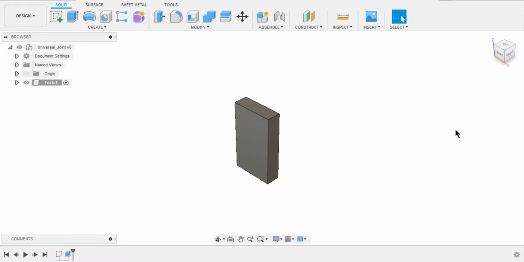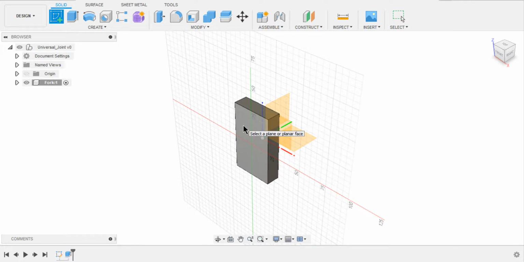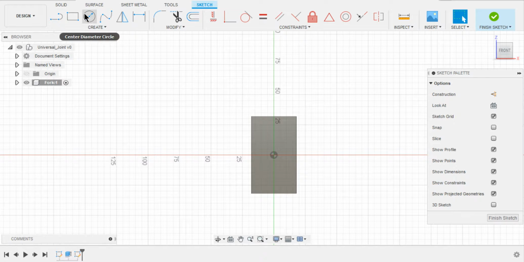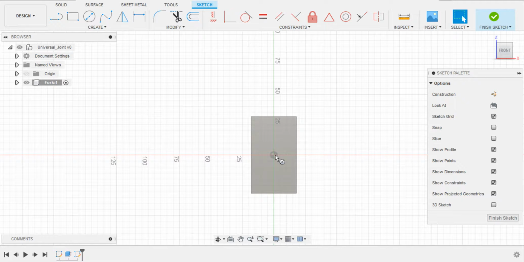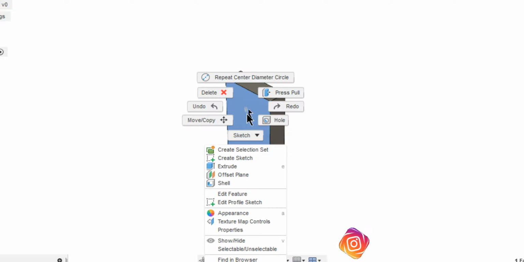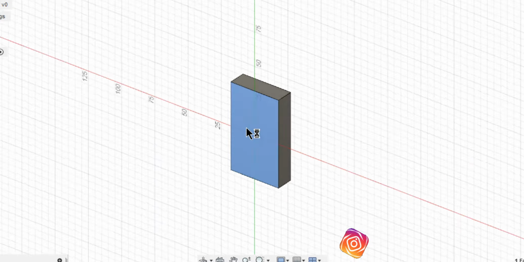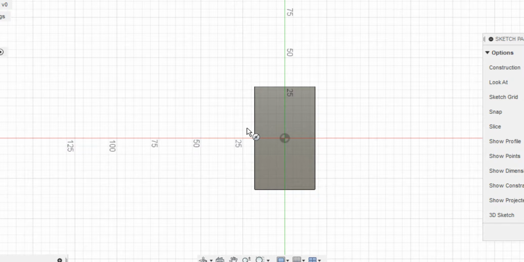Pay attention here. I want to draw a circle on this face. For that, select sketch, then select plane and select circle. That is total 3 steps. In order to do that, total 3 steps it have taken. What if we can perform it in a single step? Let me show you how. Undo that, just right click on this face. Select sketch, hover over to circle, there you go.